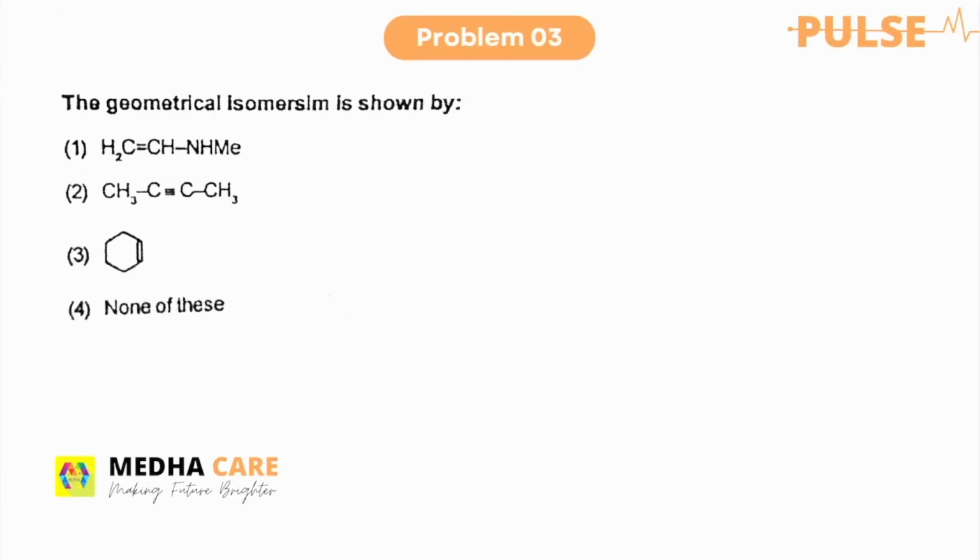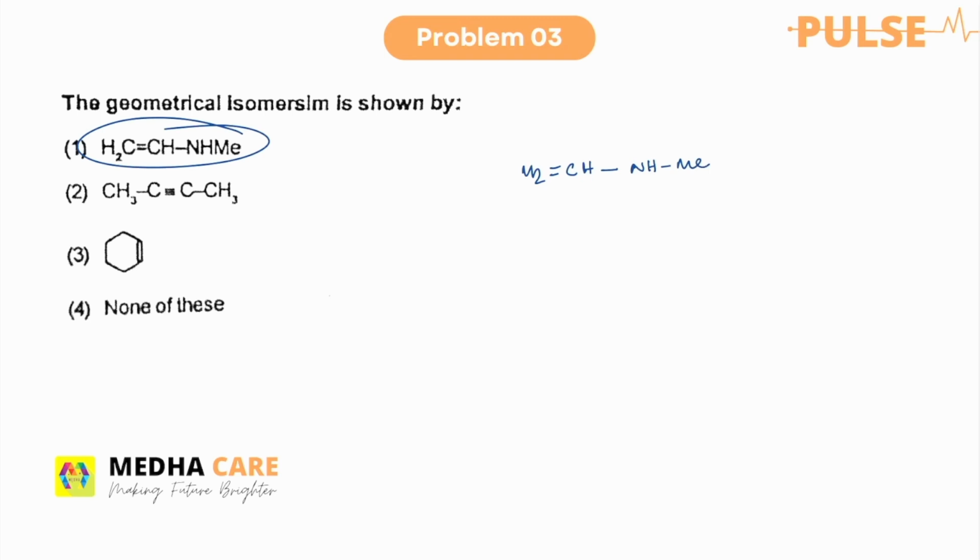Next, see problem number 3. The geometrical isomerism is shown by, as you can see in this problem, the normal rule you have learned from here, you cannot say which one will show geometrical isomerism. But if you see the resonating structure of this compound, then you will see, so here we have